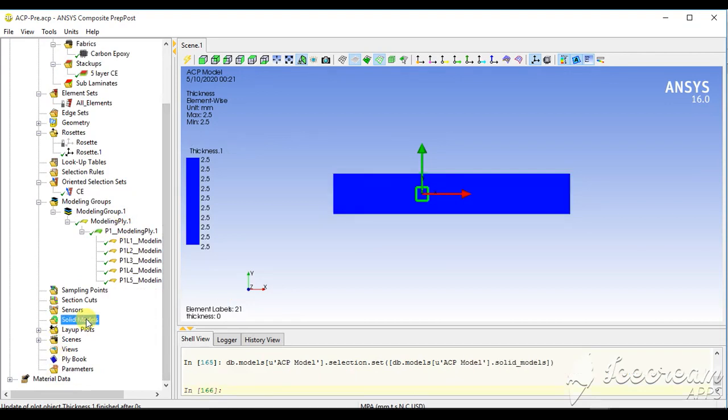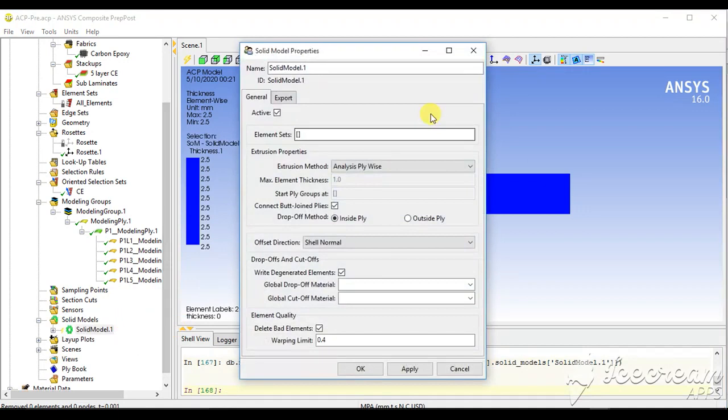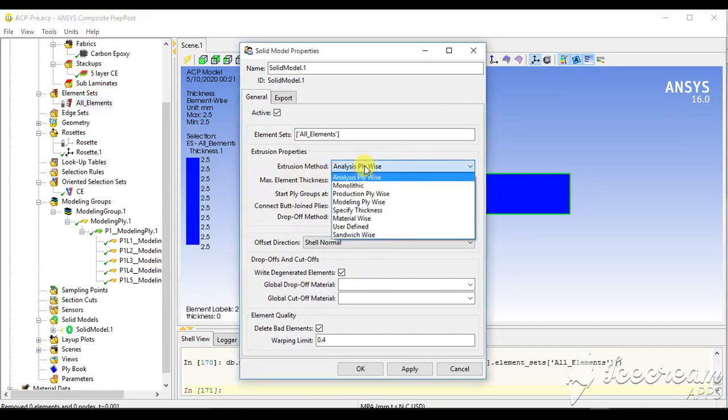Now another thing is, we can convert it into a solid model from this option. Right click and select create solid model. Extrusion type is analysis plywise. There are other methods also, but right now I will be using analysis plywise.